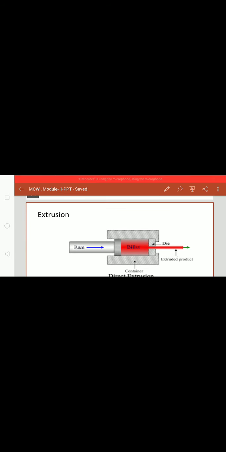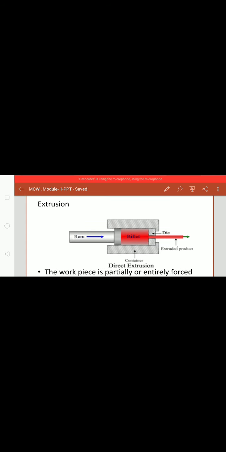The workpiece is heated above the recrystallization temperature, which is exactly hot working, and placed in a container. One end of the die is a narrow opening, and the other end is fixed with the ram.